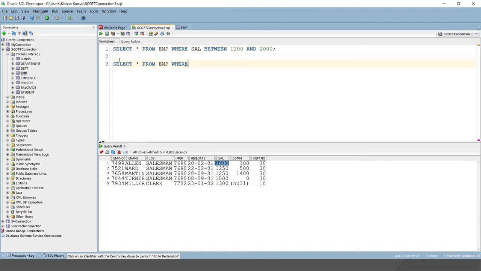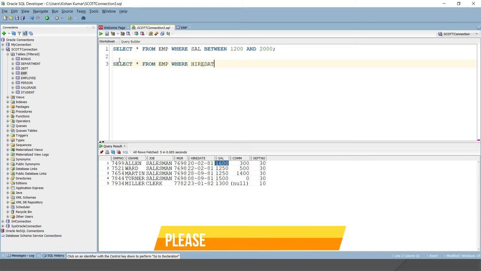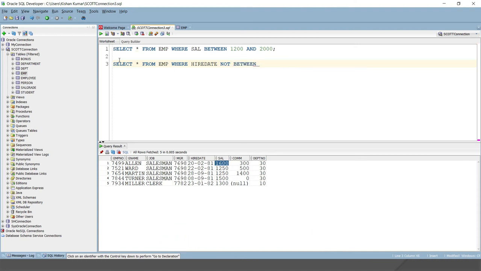Select star from employee, where we will have to put the condition on hire date. We have hire date, and instead of between we have to write not between.